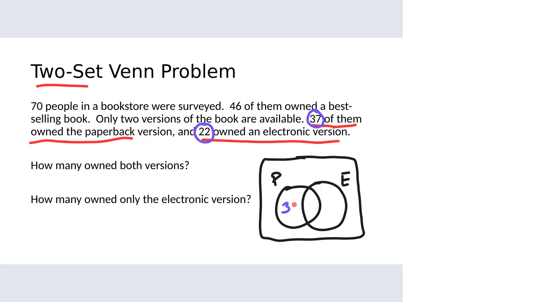So maybe it's 37 over here and 22 over here and nobody in the overlap. That's certainly possible, probably not very likely. How am I going to figure out how many people are in the overlap? Does anybody see it in there? If you don't, it's totally fine. But I want to give somebody who might see, hey, wait a minute, I know what's happening, a chance to say it. If you don't, it's okay. But if you do, and you can sort of figure out how many people must be in region 2 here,